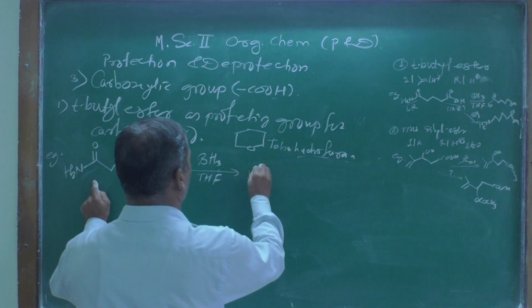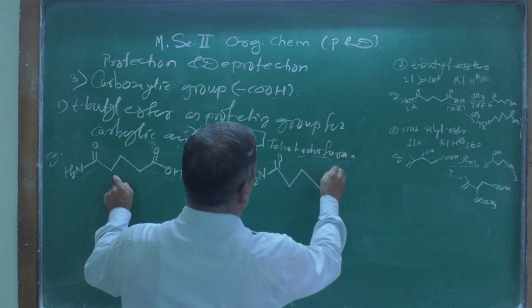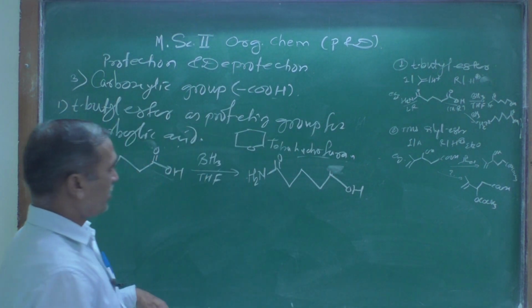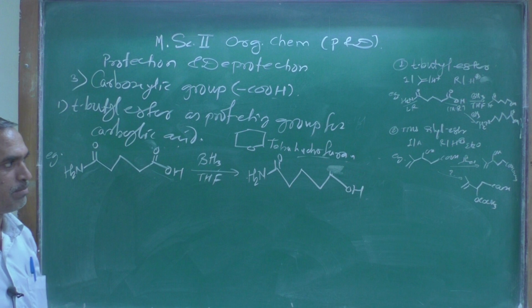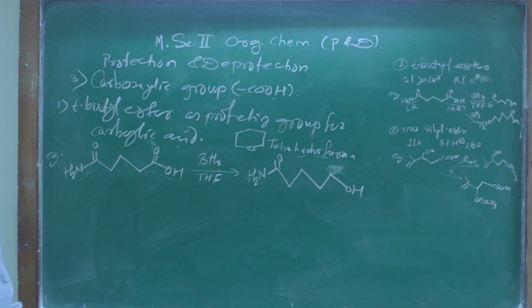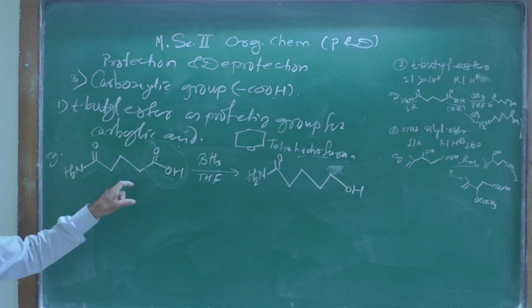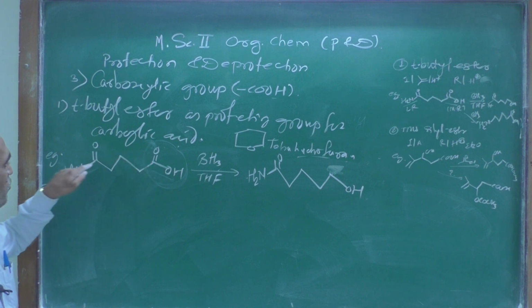So here remember, this is a reducing reagent which can reduce the carboxylic group into an alcohol, so you are going to get H2N, then double bond O, then this one C double bond O that gets reduced to CH2OH. What we did, this is a reagent used to convert the carboxylic group into a primary alcohol. Here you are going to get a primary alcohol. But we want to keep this group intact, and we want to reduce this amide group into an amine. How will